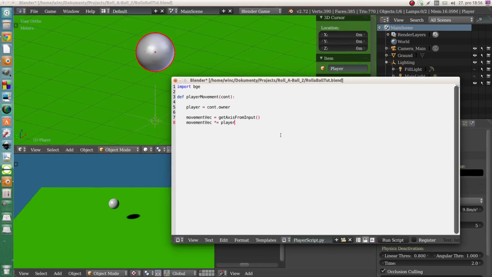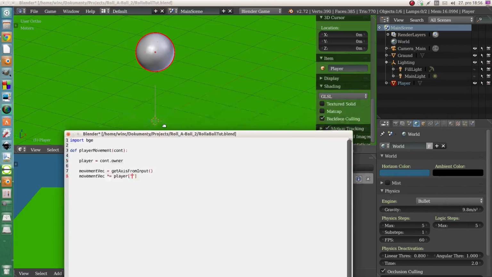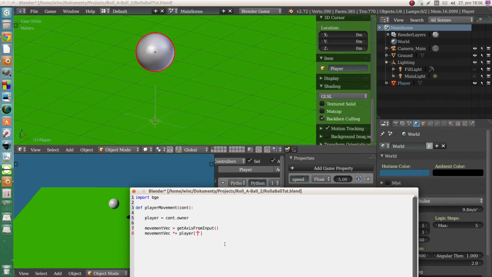And accessing a property of the object is just putting these braces and writing here the name of the property, nothing else, no type, no value, nothing, just the name, and the name is speed. So this will go to the object player and ask, do you have any property? Yes, you have. Is its name speed? Yes, it is. So take the number or value of this property, whatever it is, and multiply it by the movement. And the movement